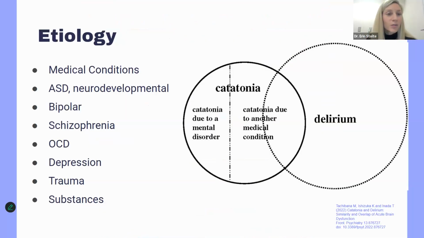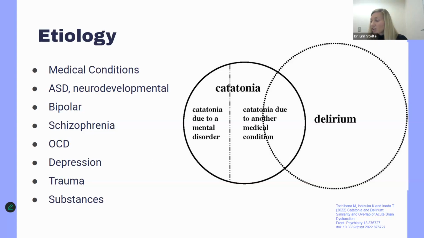Thanks, Kim. Yeah, we're now going to move into etiology. The biggest piece I want people to take away from this is that catatonia is never a standalone diagnosis. There is a wide range of underlying causes. I often think of it more as a symptom, even though it's a syndrome, in the same way that fever you can treat with Tylenol or ways of cooling the body down, but it has a wide range of causes underneath it. Catatonia also has symptomatic treatments, but always has an underlying diagnosis